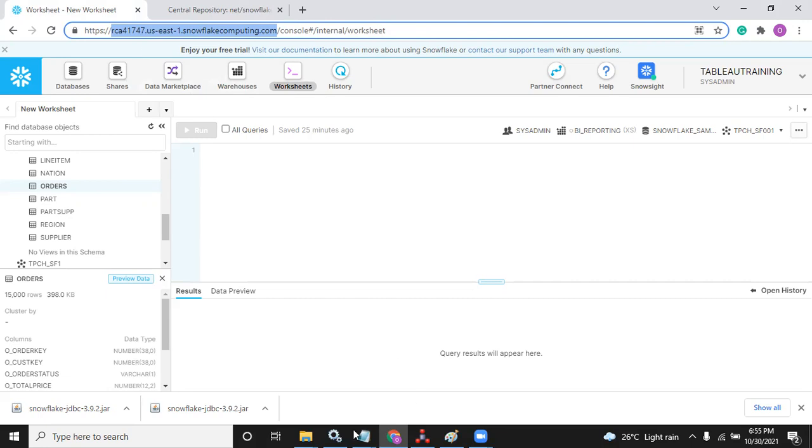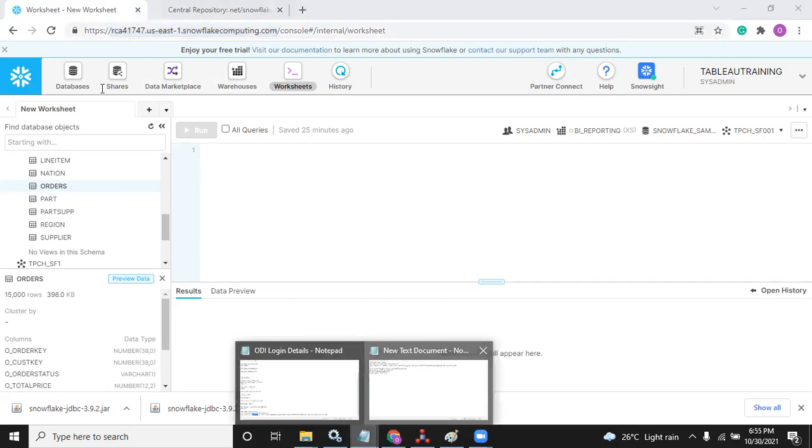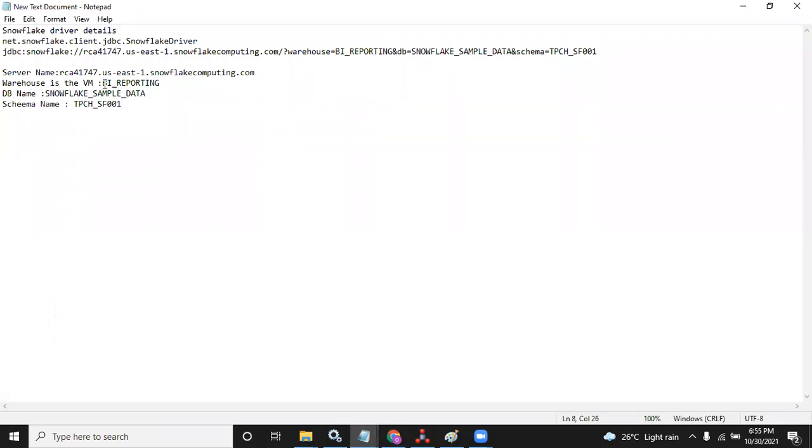These are the four details which we need. In my case, my Snowflake server name is this one. My warehouse is BI reporting, and my DB is this one, the database name, and in that I have a schema called this.